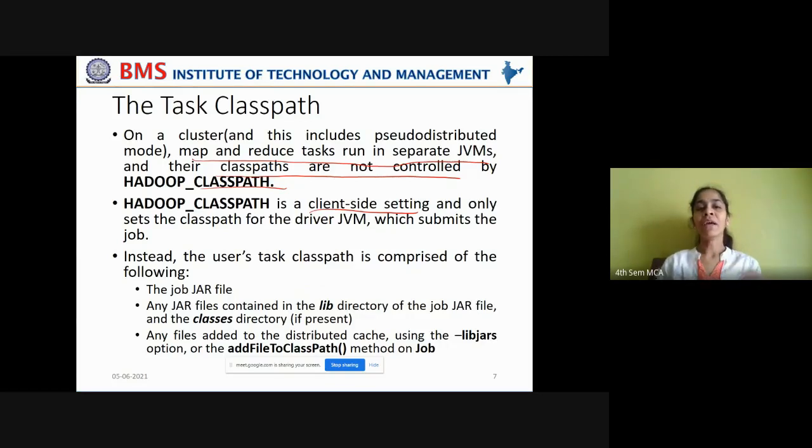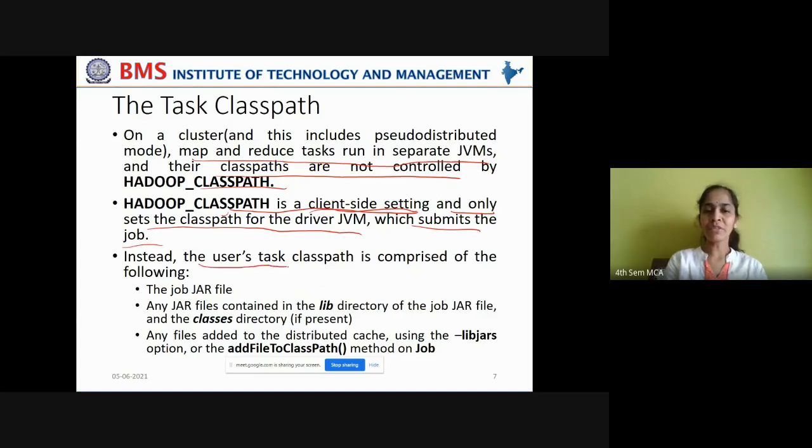Understand this carefully. Hadoop classpath is a client-side setting, so you can't have any control on the MapReduce jobs running on a cluster. It only sets the classpath for the driver JVM which submits the job. After the job is submitted, it doesn't have any control on it.